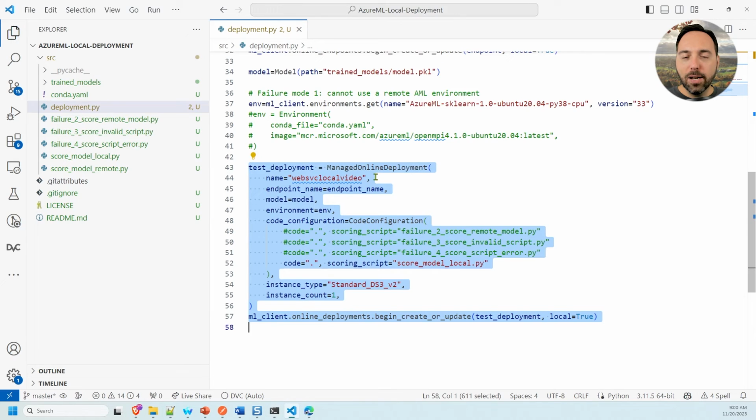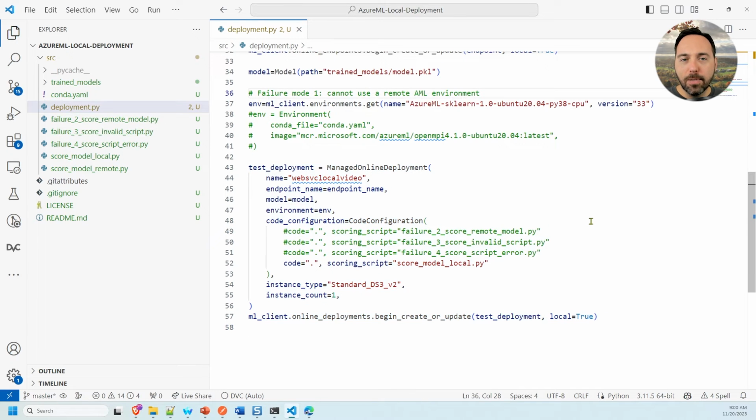And that's why I note that remote AML environments are a failure mode. Fortunately, some kind soul was nice enough to give me a working command, so let's comment out the wrong environment and uncomment this one. It requires a conda file, so let's take a look at